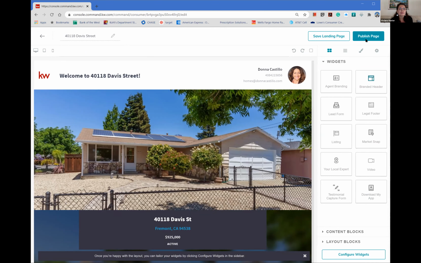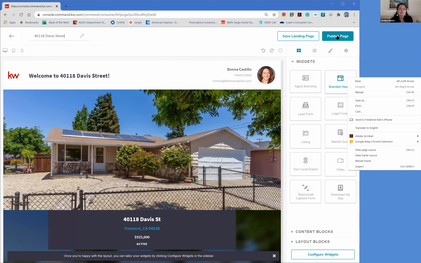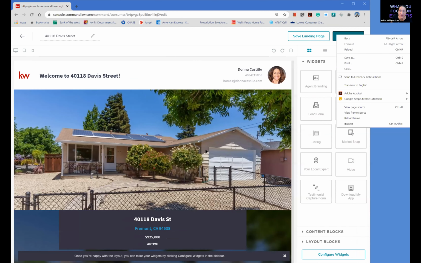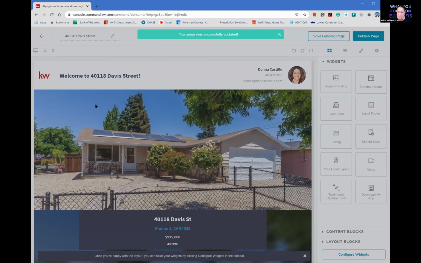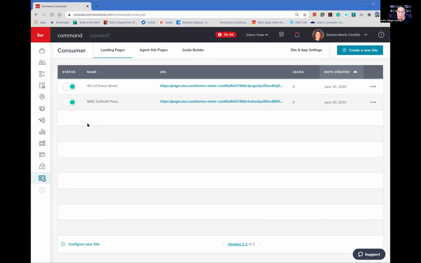And so now you want to stop it, and you want to publish your page, because once you start having a lot of landing pages, I know this is for Davis, I know this is for Daffodil, however you want to do your nomenclature, just so that it's clear. So when you go to your Facebook ad, it's easy for you. I made some notes too. So then when we go back to Facebook ads,